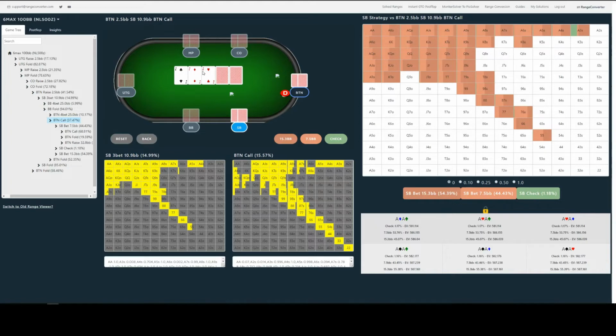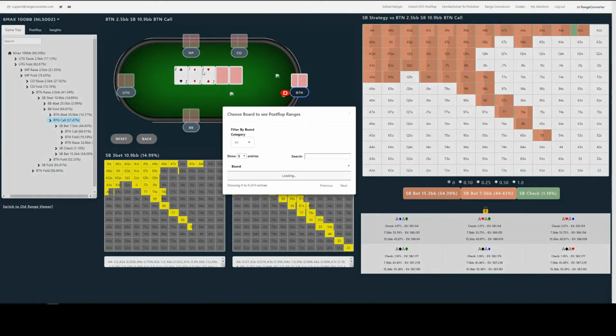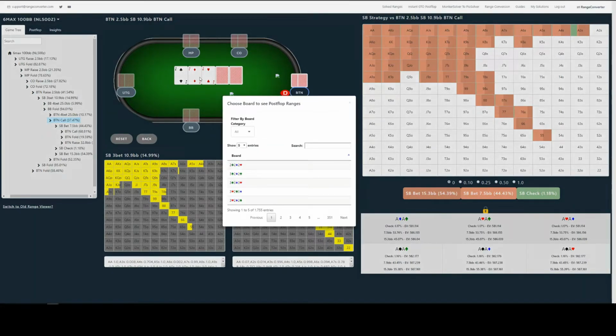You can just click on the flop there in the middle on the game table, and the choose board menu is brought up, and we can just select a different flop, and the strategies will automatically update. So if you've got a number of hands to view as part of your studies, you can just click on different boards there.